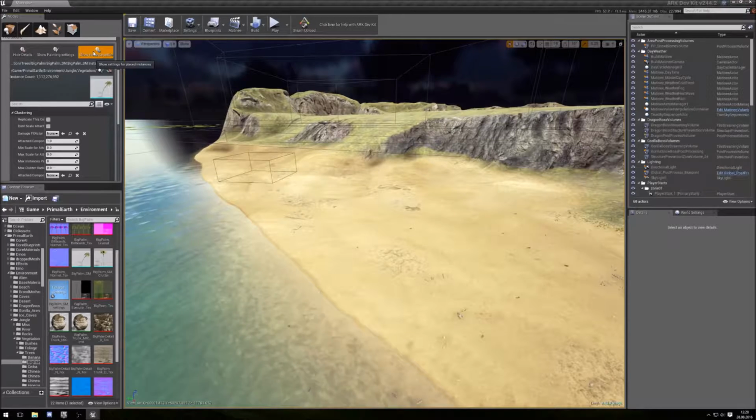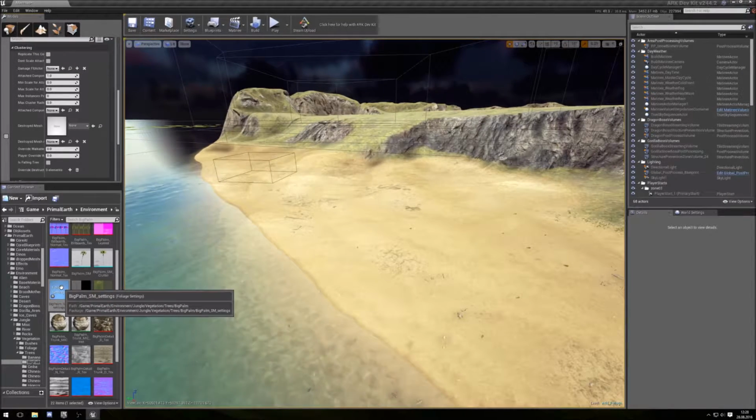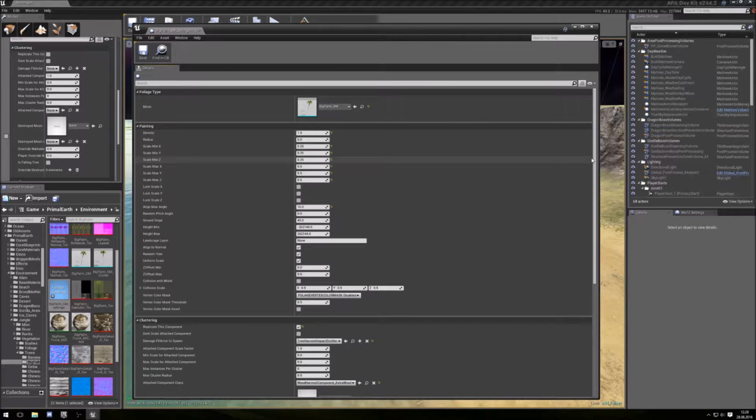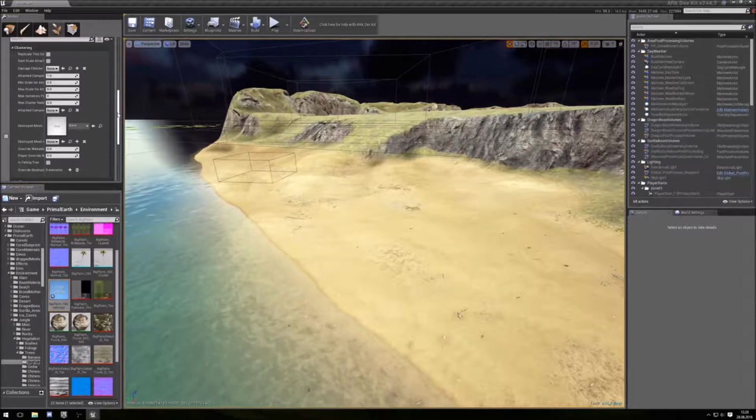If you open this now, you see there are some settings not inside. Open this and you see the settings here. So what you can do is copy all this, or the easier way is